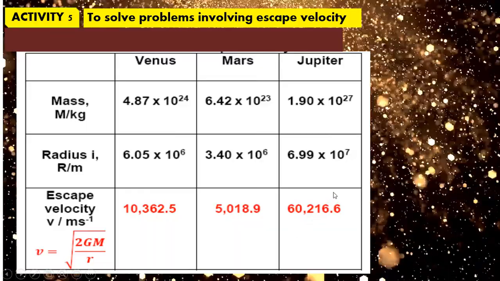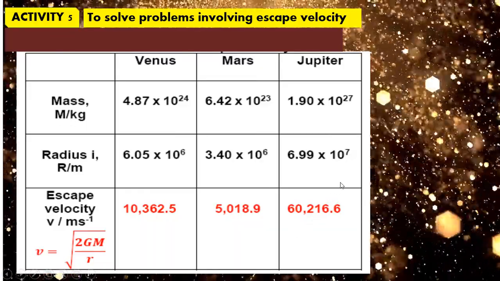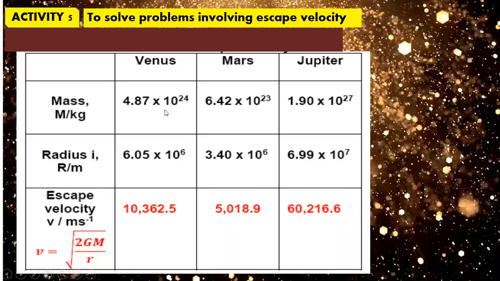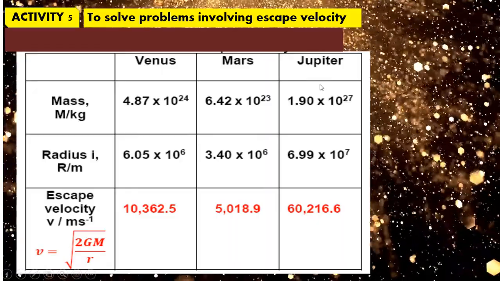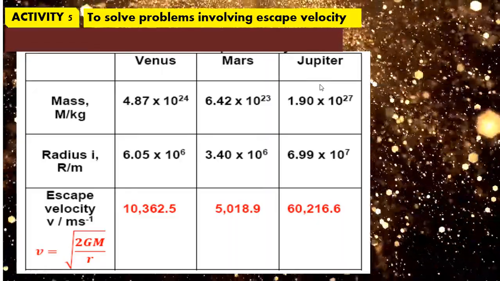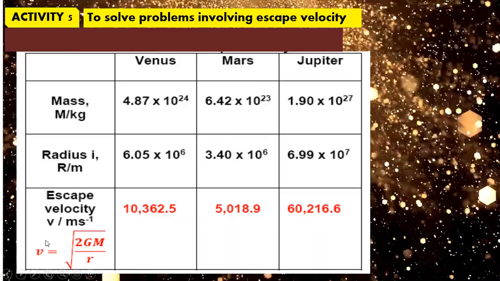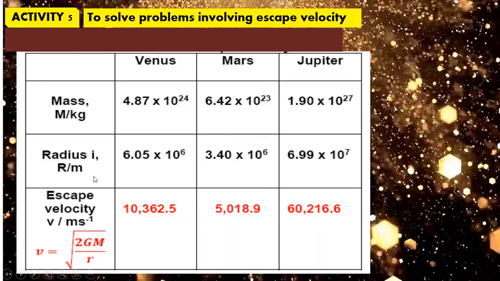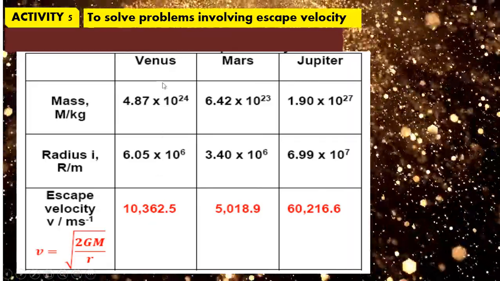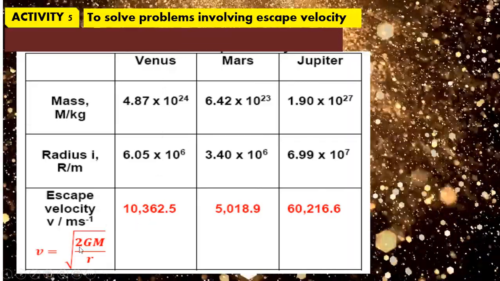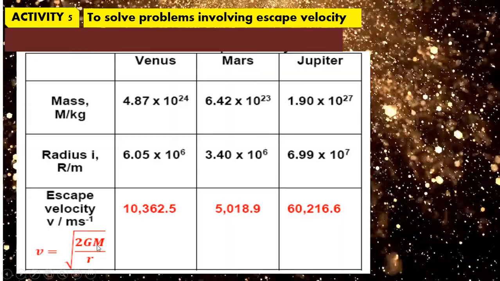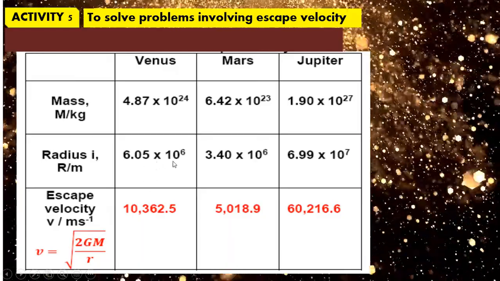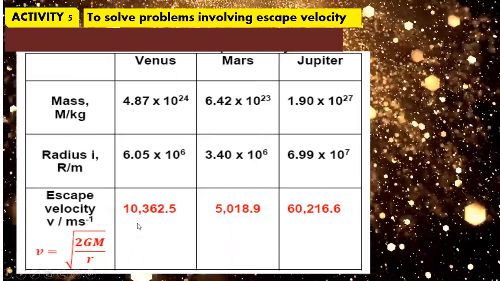Next, we want to solve problems involving escape velocity. One of the questions asks you to find the escape velocity for Venus, Mars and Jupiter. We have calculated for the Earth, so what we do is use the formula v equals square root of 2GM over r. Remember, r is the radius of the planet. So for example, Venus: 2 times G times mass 4.87 times 10 to the power 24, divided by 6.05 times 10 to the power 6, and I have calculated, and the answer is